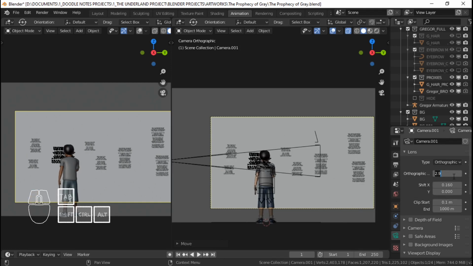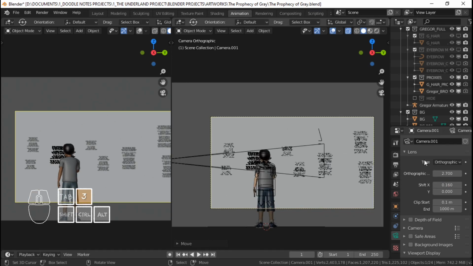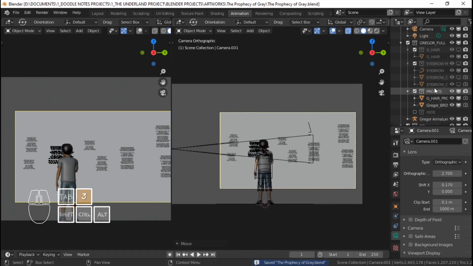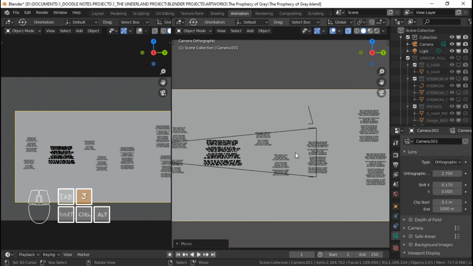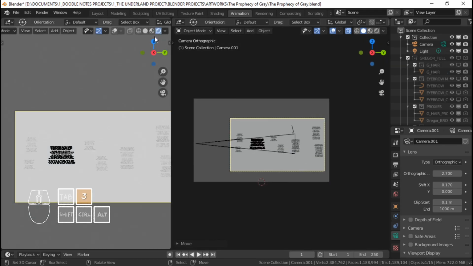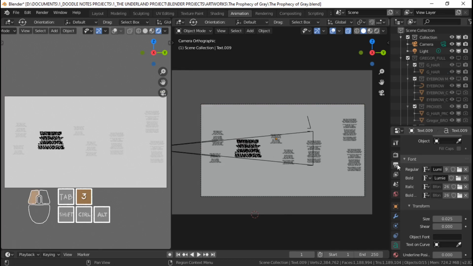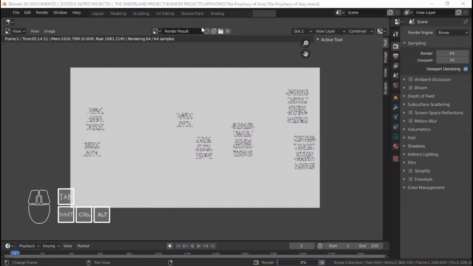I'm not going to include Gregor in the render, of course. Probably closer. Yeah, that's probably enough. So I'm going to render that out. I'm just going to render this whole wall here. It should look like this. I'll render it at probably about 300%. Okay, so no problem on the rendering, except that I didn't turn on the grease pencil in the